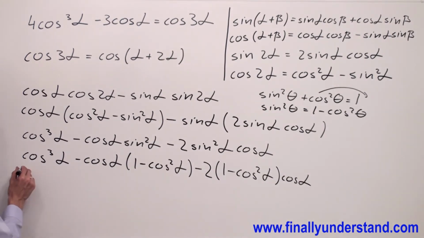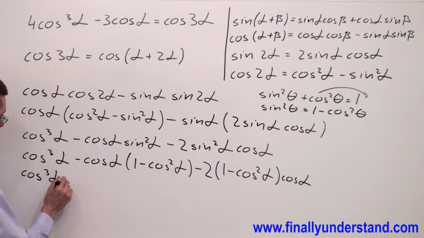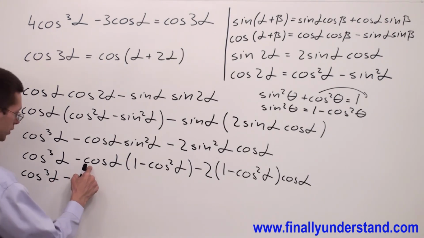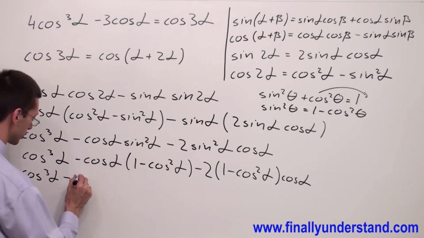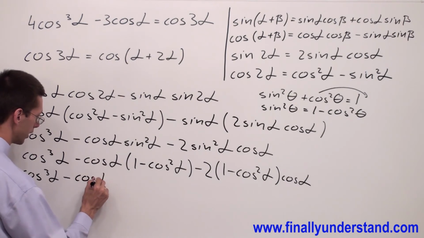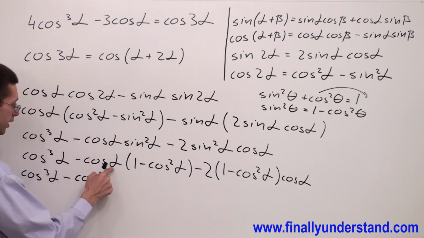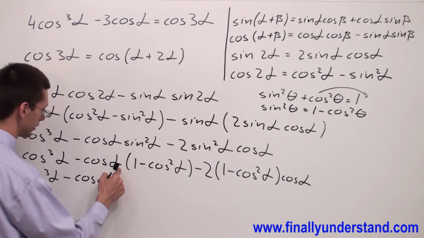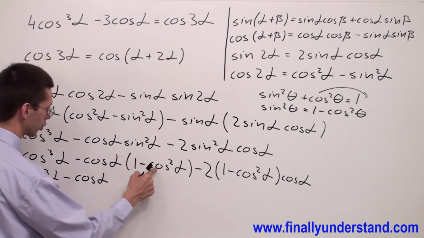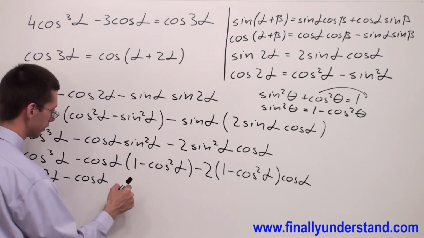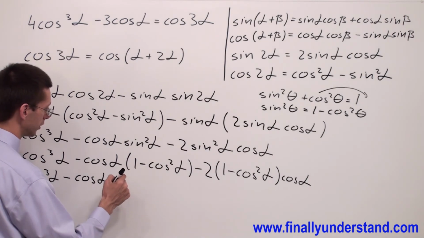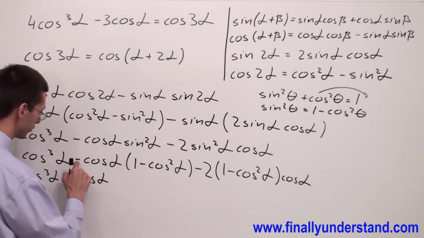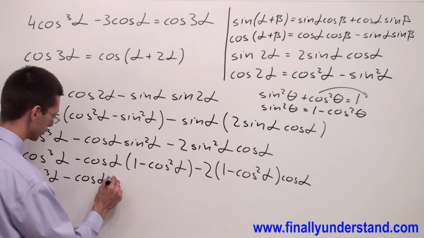Let's continue. We have cosine cube alpha minus cosine alpha times 1, which is just cosine alpha. Cosine alpha times cosine square alpha is equal to cosine cube alpha, and negative times negative gives me positive, so this is positive